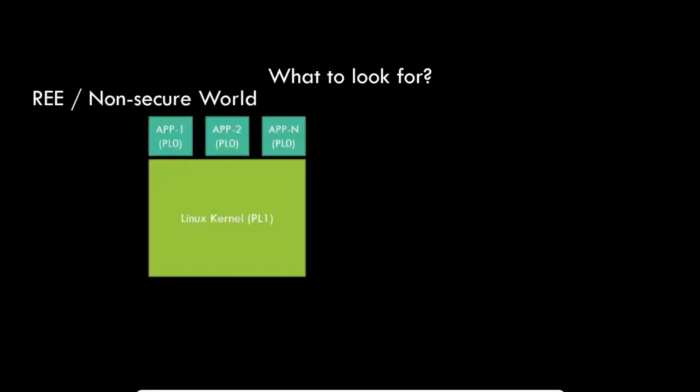But then it might be interesting to discuss what to look for in general. So of course, there is the RE, which we are in control of, and usually there is, apart from the bootloader, the Linux kernel, which is privileged. We call that privilege level 1, just to be clear. In ARMv8, it would refer to exception level, but we are in ARMv7 environments, so let's call it privilege level 1 and privilege level 0. So basically, PL0 is the user space, which is not able to issue SMCs, and PL1 is the kernel space with access to privileged instructions like the SMC instruction.